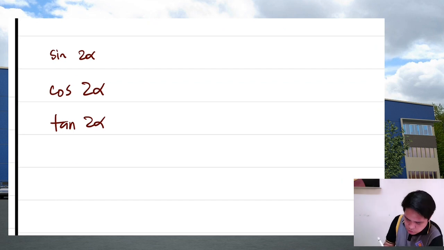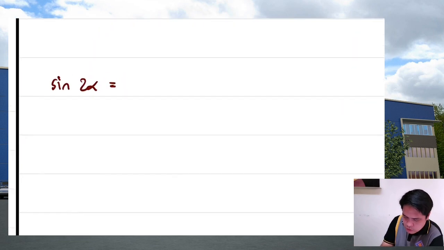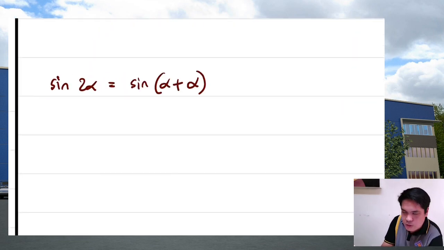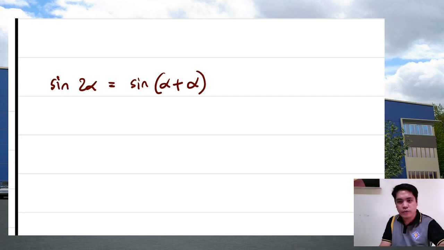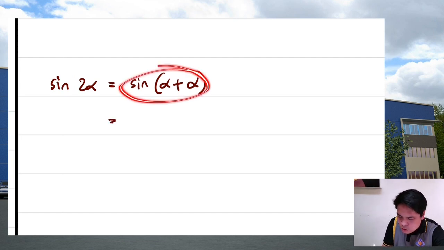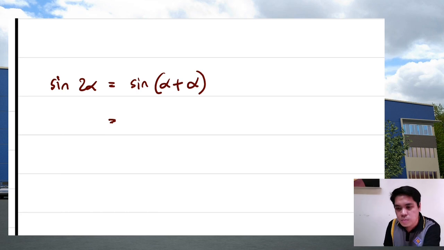Siyempre ako din sasagot. So, let's start with sine 2 alpha. Sine 2 alpha is just the same as sine of alpha plus alpha, right? Alpha plus alpha is 2 alpha, right? So, from here, we could use the sum of two angle identities for sine,